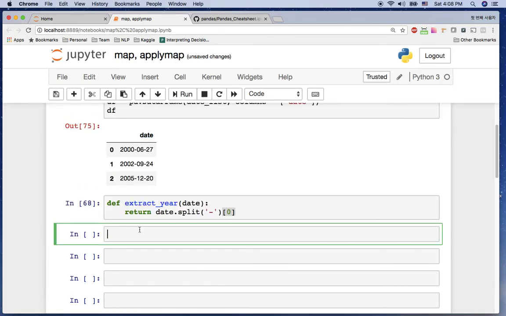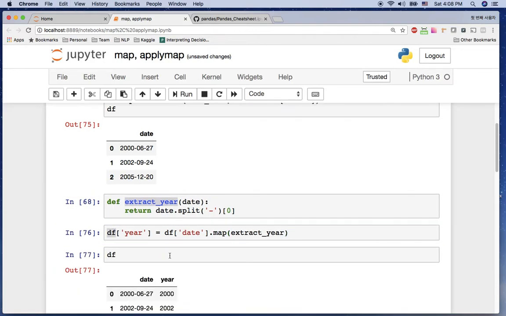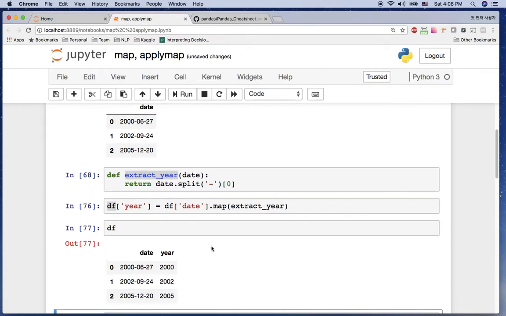Well, then you probably can use the apply function, which I already showed you in the previous video, but there's another way, the map function, like df['year'] = df['date'].map, passing this extract_year function, and shift enter. Let's take a look at this df now. Then you can see we extracted the year value from the date and every year column now has the proper